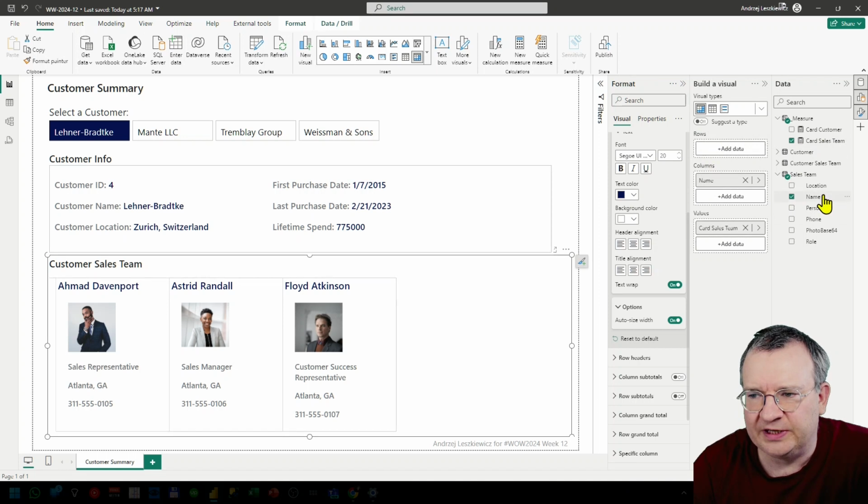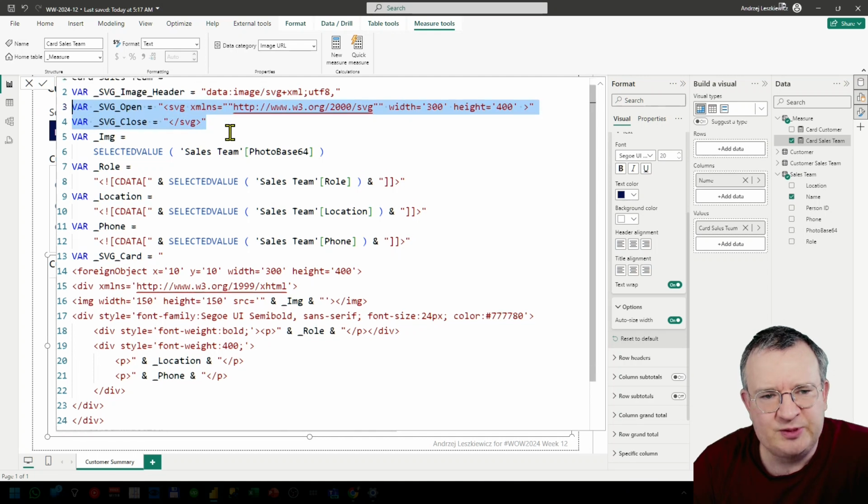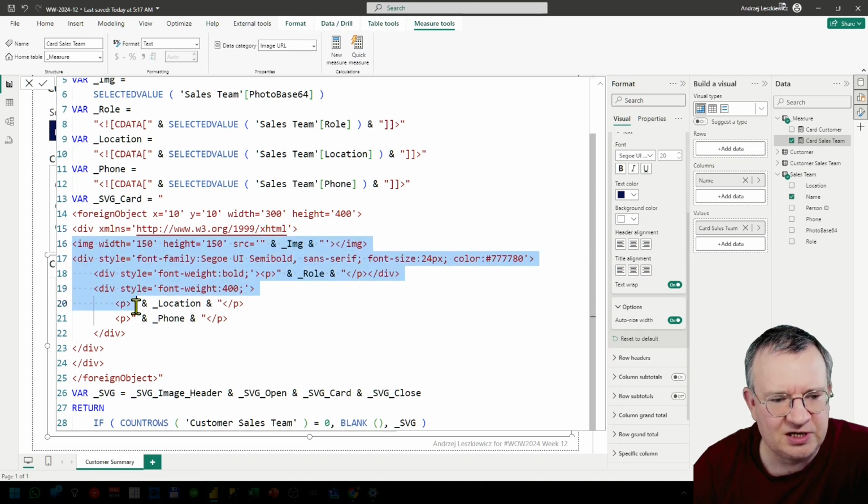So for the columns we have sales team person name, and for the values we have the card sales team measure. It's also an SVG image, so the data category is image URL. We have the same header, we have the same SVG namespace, and inside of the SVG namespace we use foreign object, and we define a different namespace to use HTML. And the HTML is a little bit different in this case because we need to